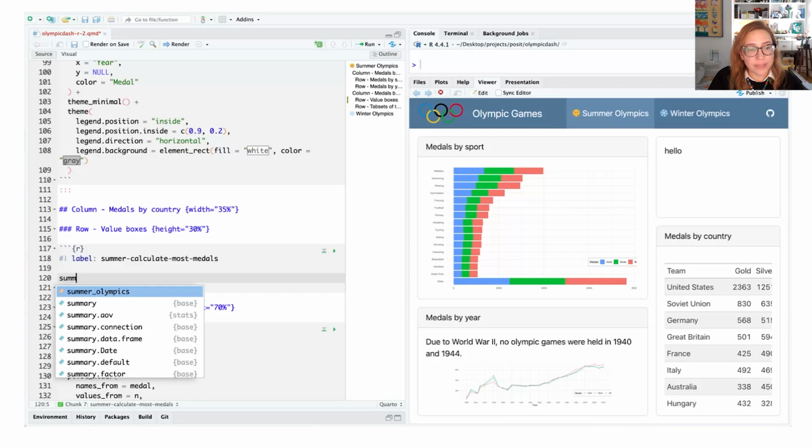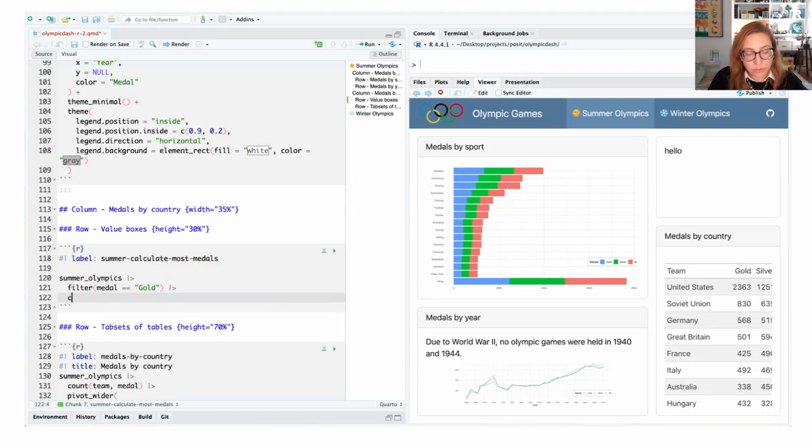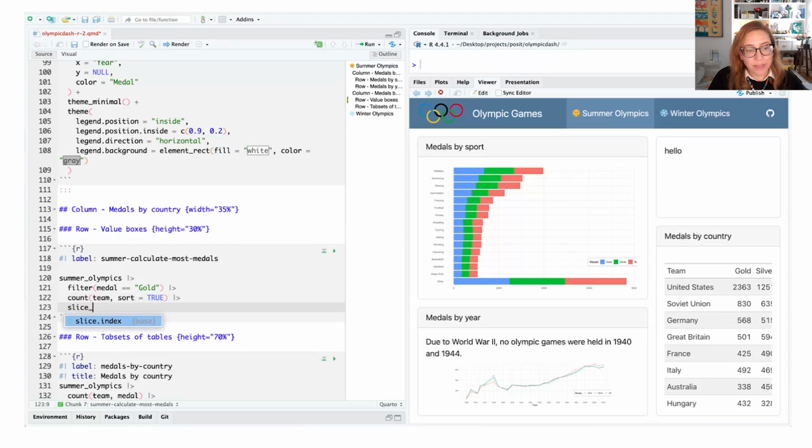So we're working with the Summer Olympics data frame. I'm going to first maybe filter for where medal is gold, and then I might count which team and sort them, so the team with the highest number is on top. And then let's do something like slice head and equals 1.